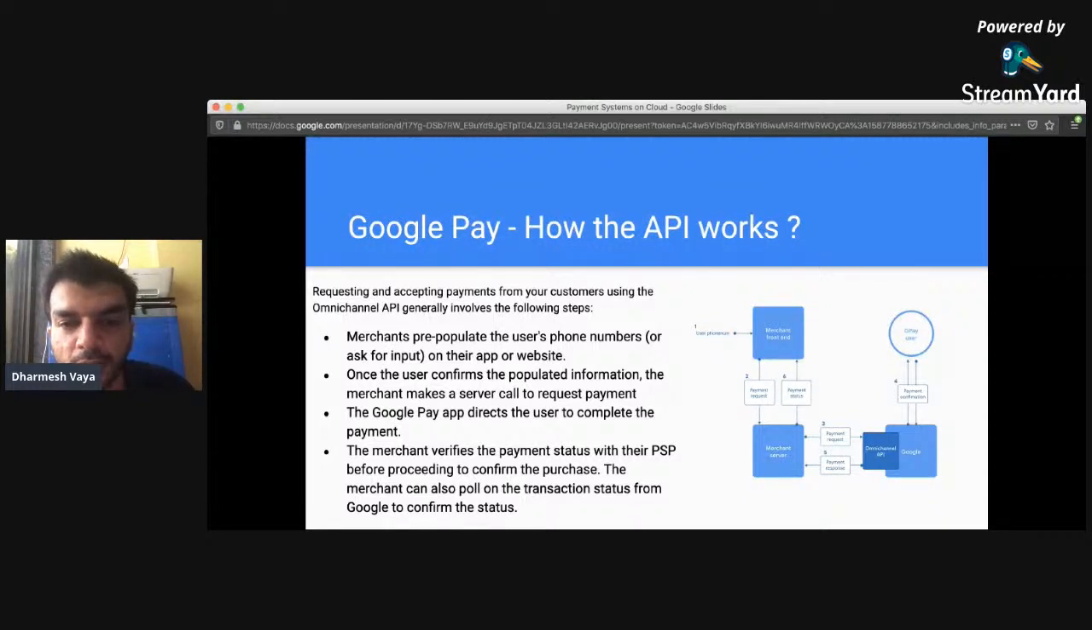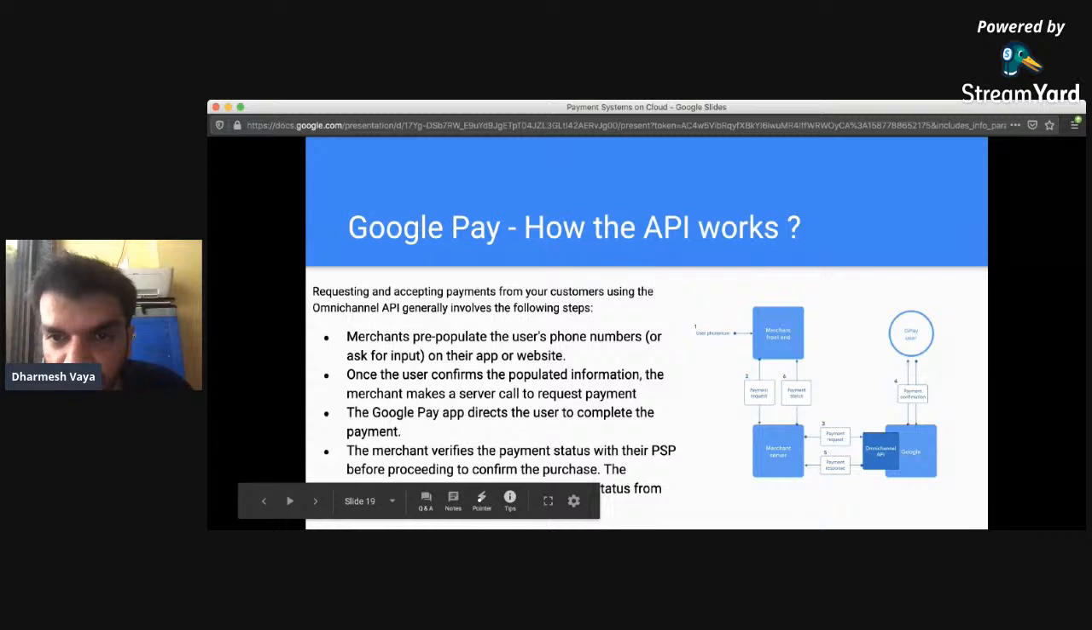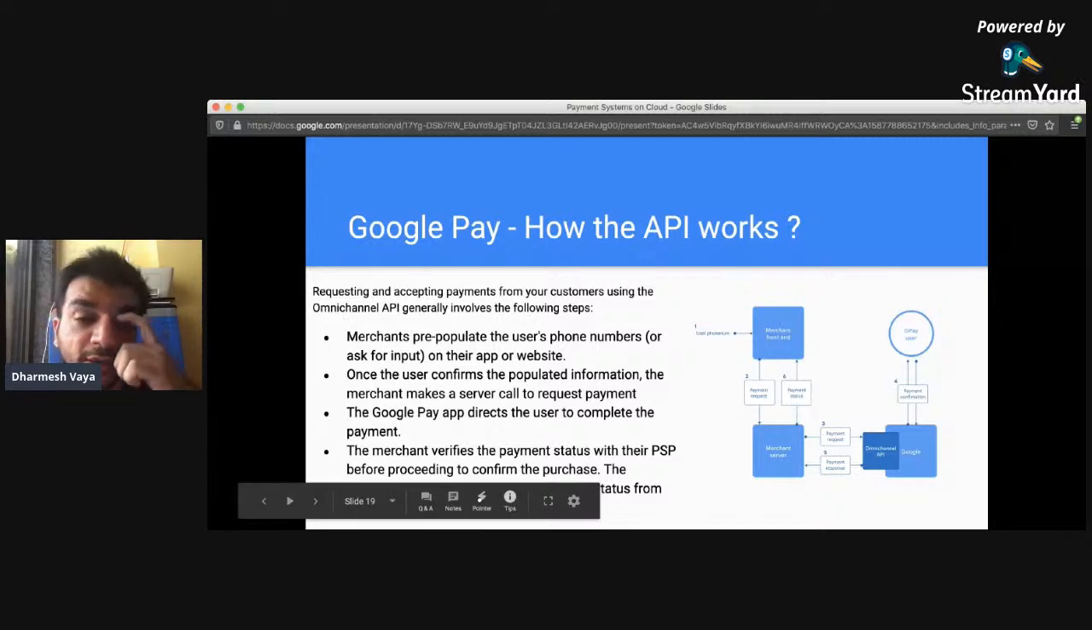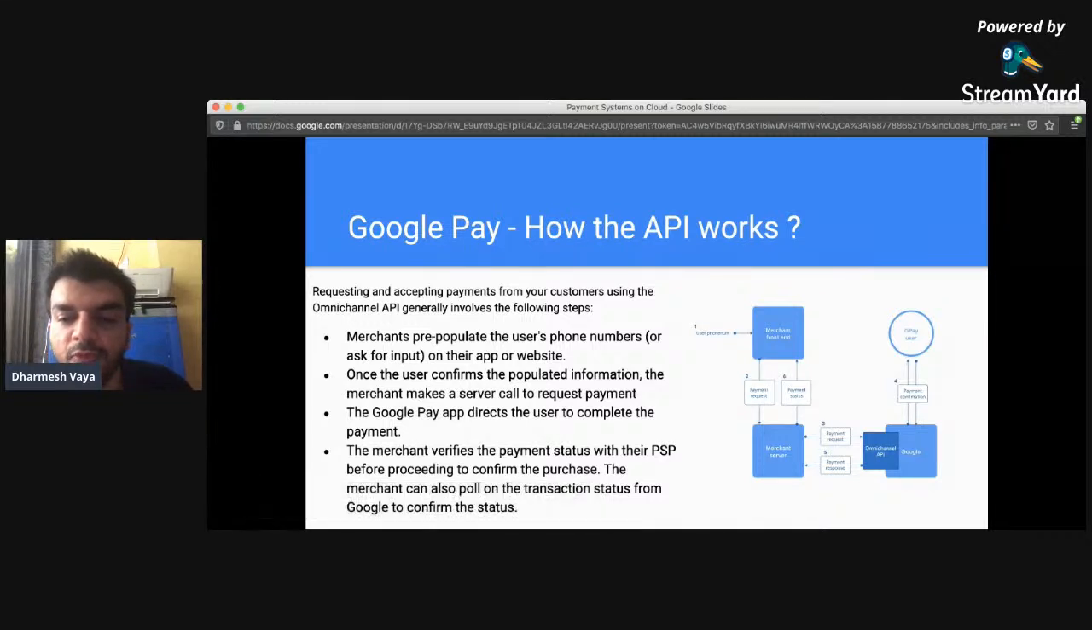Once the user confirms, the merchant makes a call to request the payment. You can see here that the payment request is made from the merchant server. This is more of an omni-channel API, so this API is responsible for any platform. It can be a mobile, an app, or even a POS terminal as well. So once the payment request is authorized from the GPay user,